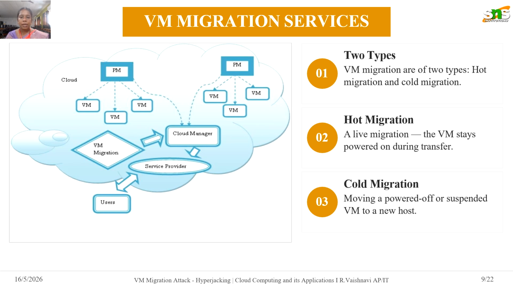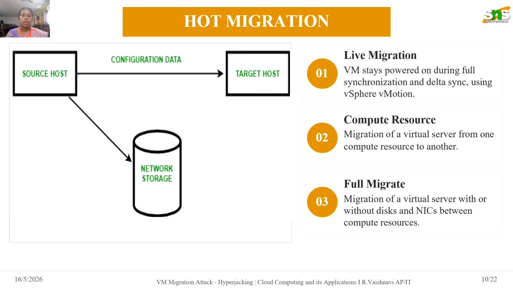And then VM migration services. Here we have two migration types, that is hot migration and cold migration. Hot migration is a live migration. The virtual machine stays powered on during the transfer. The second migration will be the cold migration. It is moving a powered off or suspended virtual machine to the new host. In hot migration, the virtual machine stays powered on during the full synchronization and delta synchronization using vSphere and